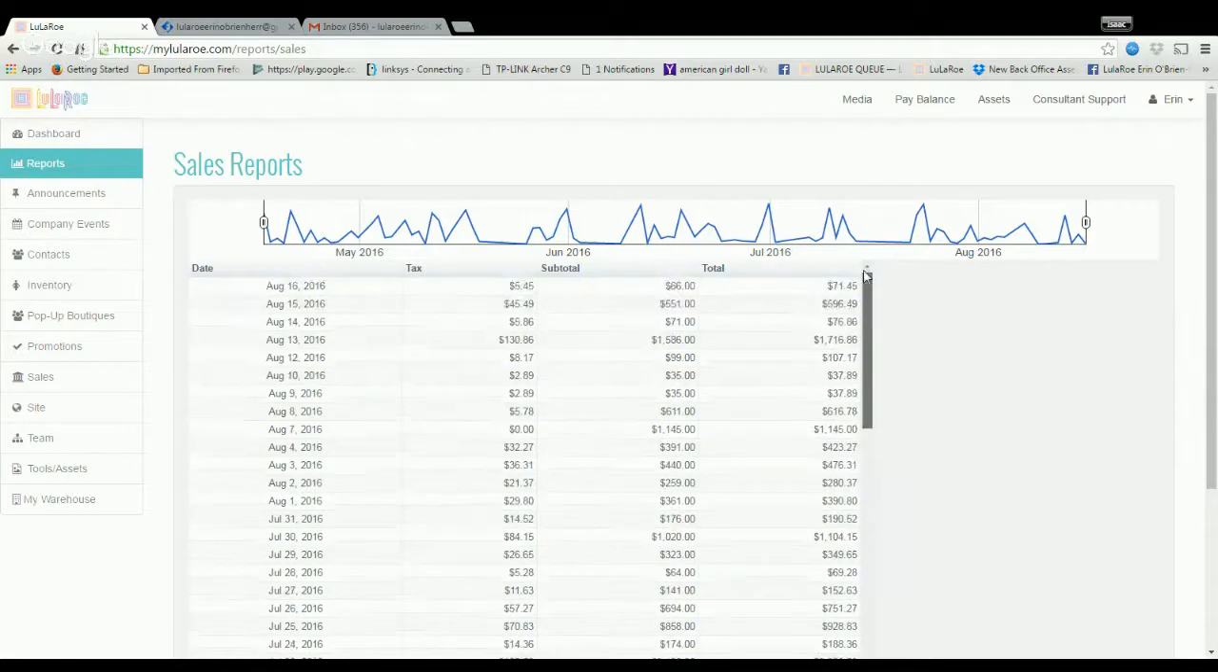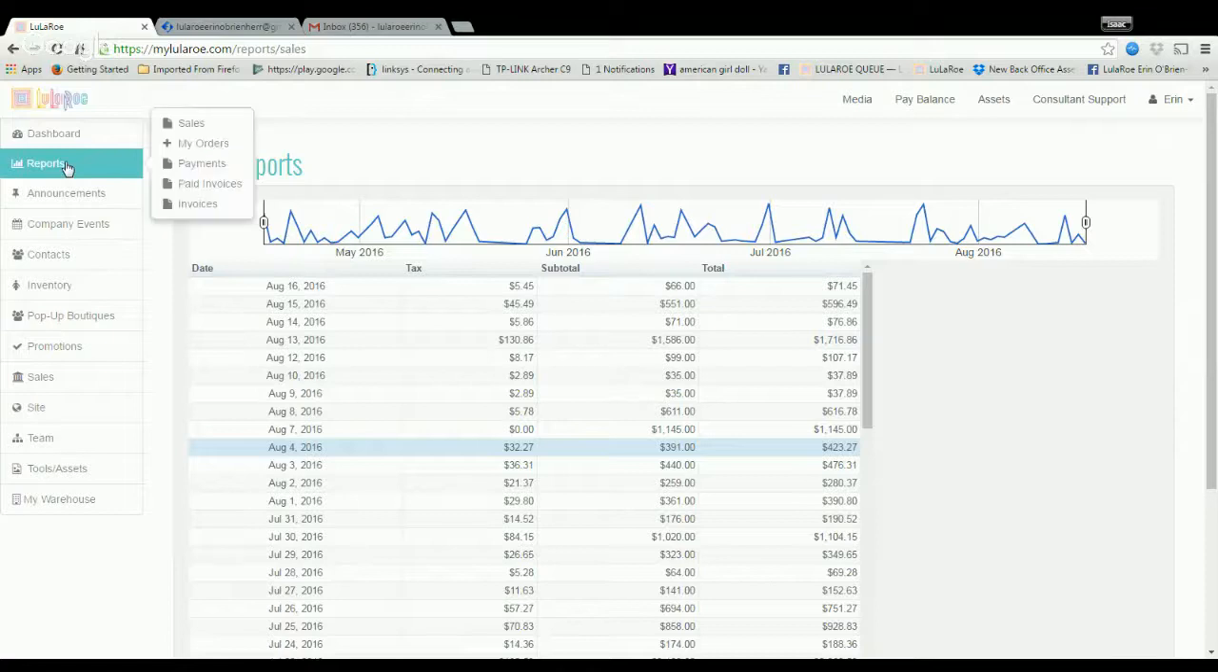Your subtotal here, and this column, is not the exact amount that's actually going to be deposited into your bank account, because it will have the credit card charges deducted from it. But it does give you an idea of what will be coming in. There's your sales report. Your payments